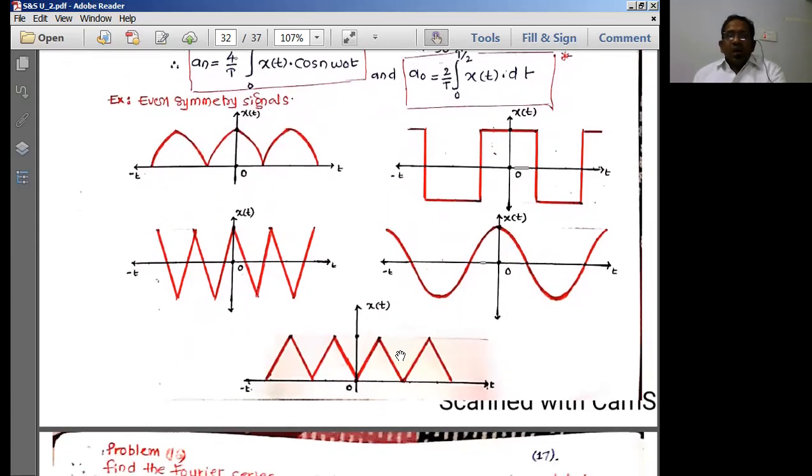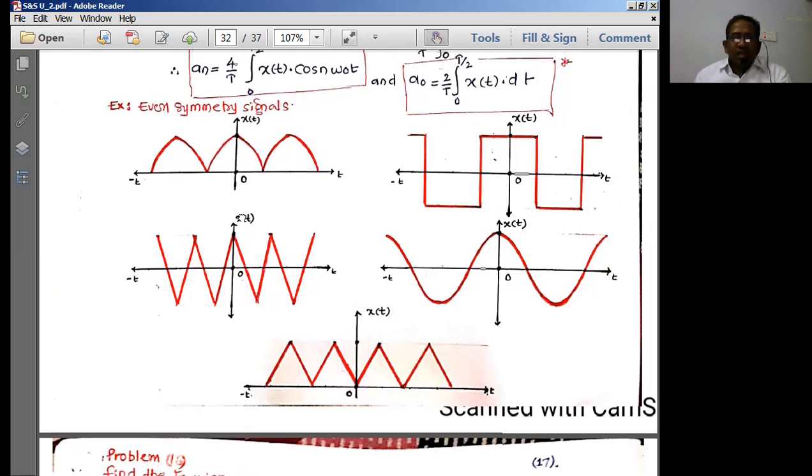Now, how does an even signal look like? This is the representation of even signals. So to recognize whether it is even or not, what do you have to see now? You have to first of all see the zero line. This is the zero line, or a reference line. With respect to the reference line, you should have the same kind of curve on either side of the zero vertical line.